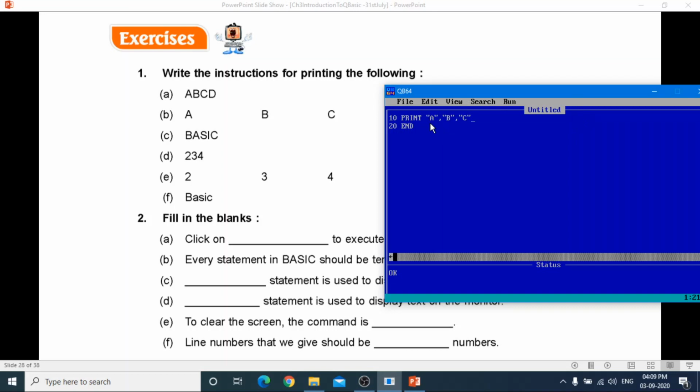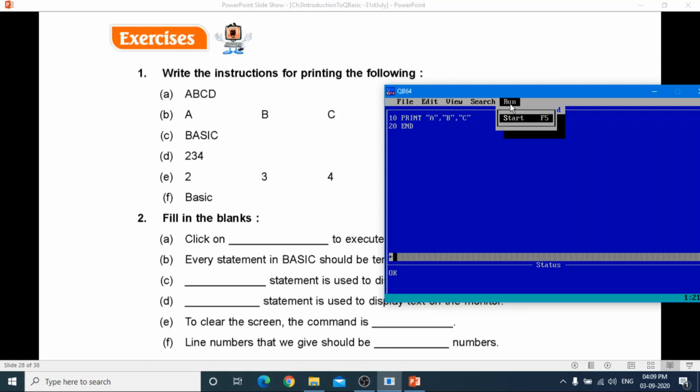Now see how you have written 10 print. अभी तक आपने क्या किया था? ABCD should be in between one double quote. Now we have to put the space between A, B and C. So what we have done, A alag double quotes में, B alag, C alag, and which comma is separator between it.